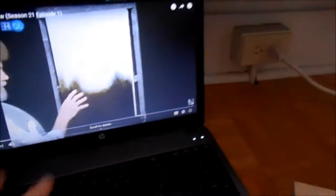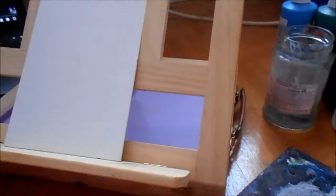Okay, so I guess I have to do that. I am not using oil paints, I'm using acrylic, so we'll see how that works. And there ain't no Van Dyke brown. Yeah, so let's see here. And I have some water here in case I need to dilute the paint, so...